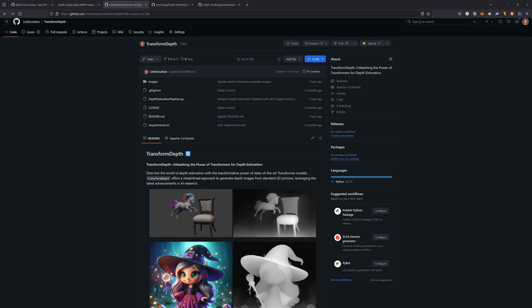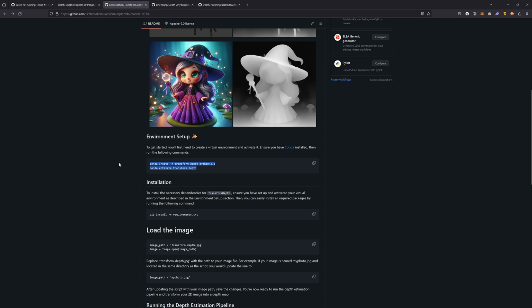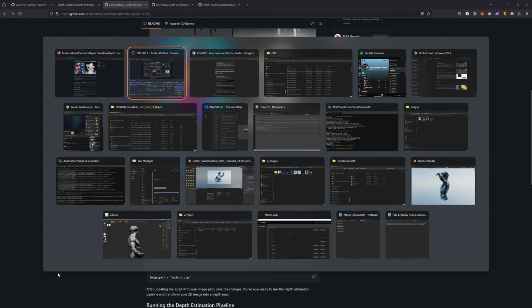So first thing you need to do is create a conda environment. So with conda create -n TransformDepth python=3.8, it might even work with later versions. And then you're going to conda activate the Python